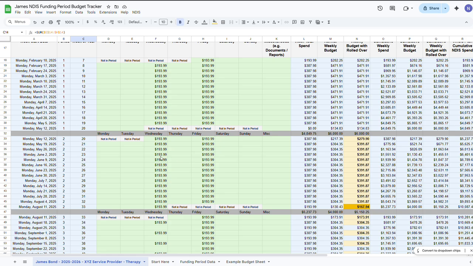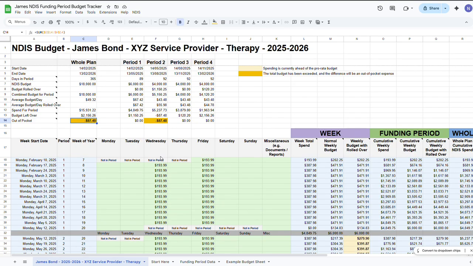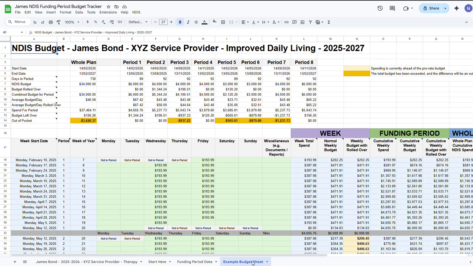So that kind of shows you how you work the sheet. For someone who's not familiar with spreadsheets, you might find it a little bit overwhelming because there's so many columns and numbers and all the rest of it. But it is reasonably straightforward, and I think once people use it a fair amount, it will just become like second nature. So the other tab, which I haven't shown you yet, the example budget sheet, just simply shows